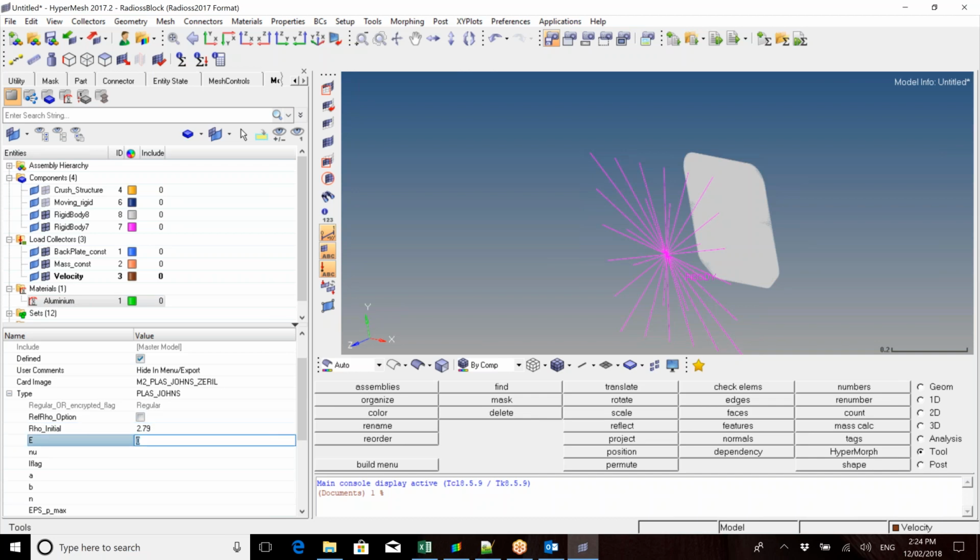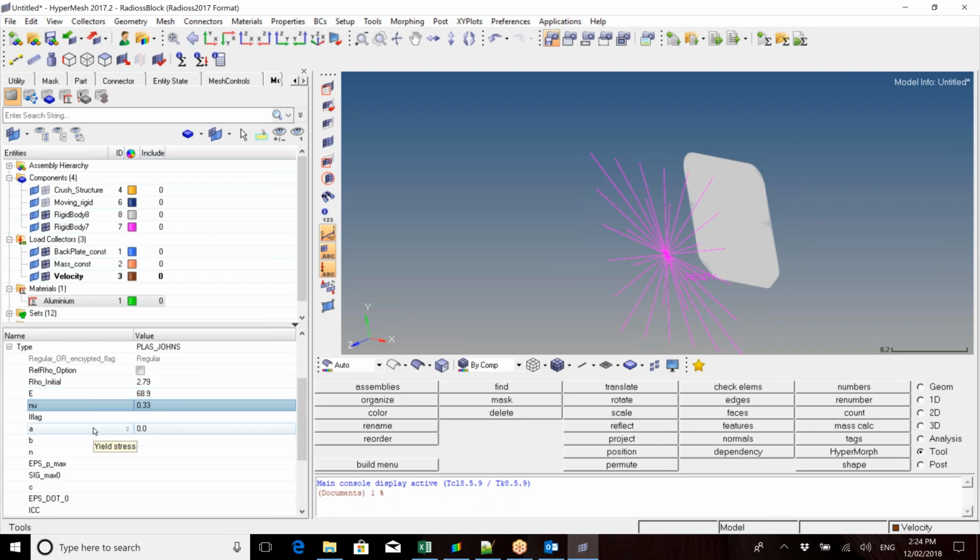You want your standard Young's modulus, so we'll call it 68.9, sorry, because I'm working in meters. So this is where you need to understand your units. It's very easy to muck up when you're used to working in millimeters and then working in meters. Your Poisson's ratio. Okay, so now we start to get to what we need to put in for our nonlinear